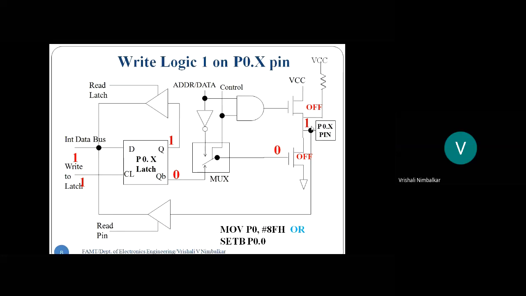Are you getting me? Hence, always remember, whenever you are using port 0, make an additional hardware connection to each and every pin of port 0. So I'll be connecting such 8 pull-up resistors to each and every pin of port 0. If I do not do this, writing 1 will not happen to any of the pins. Did you all understand that open drain? What is the problem?